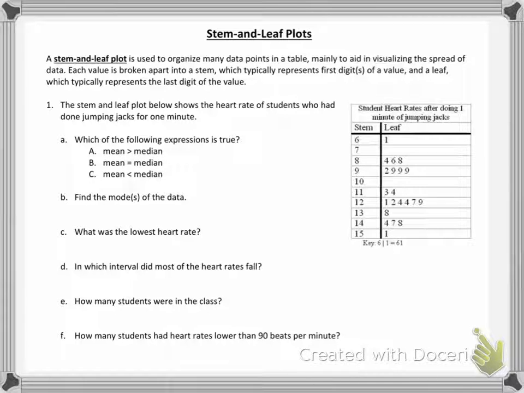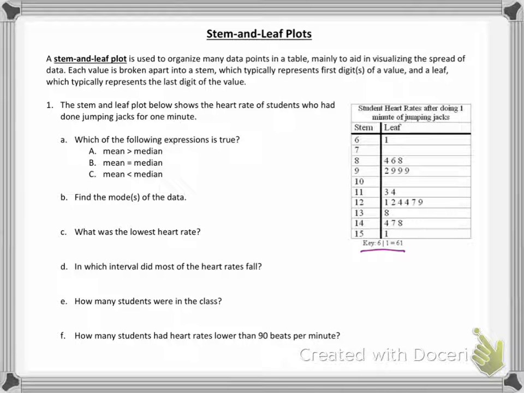Just as a very quick review, in a stem and leaf plot, the leaf always consists of the final digit of the number. Typically it's the ones digit if you're using place value. The stem would be all the other digits that come before it, so the tens digit, the hundreds digit, etc. You can see at the bottom here there's a key where it says 6 line 1. What that means is if you have a stem of 6 and a leaf of 1, you read that as